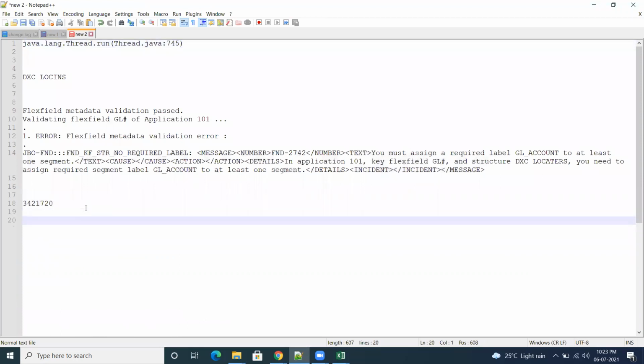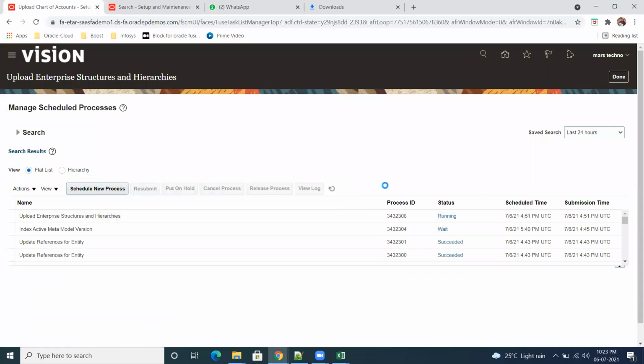So what is the code? Code is this one only, 2308. 2308. Okay. Sometimes it will take time. Yeah, now it started. This uploading process will be running and it will take a bit of time.